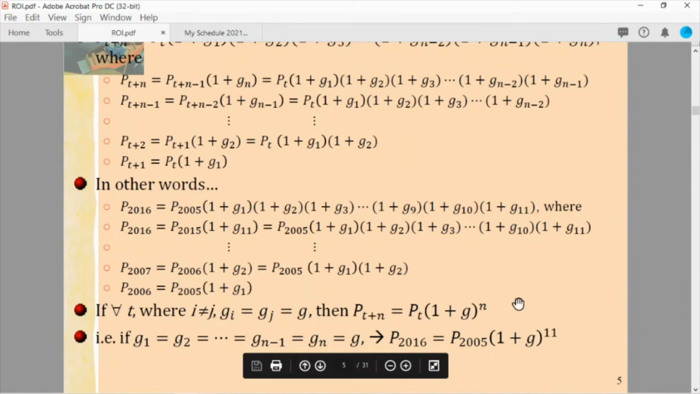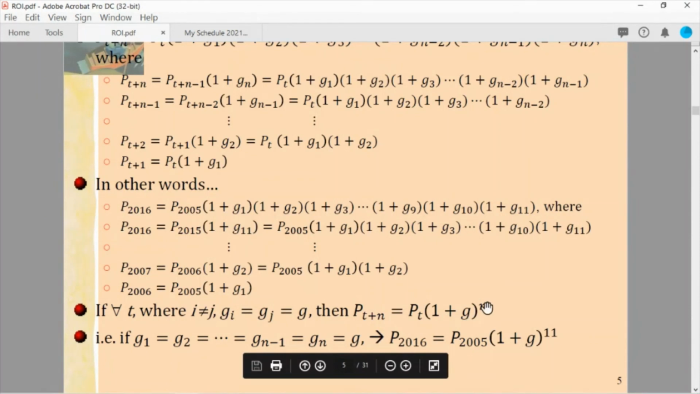Then all of these terms simply collapse into P_T times 1 plus G raised to 11, right? For our example, the price at the end of the 11th year is the price at the beginning of the first year,